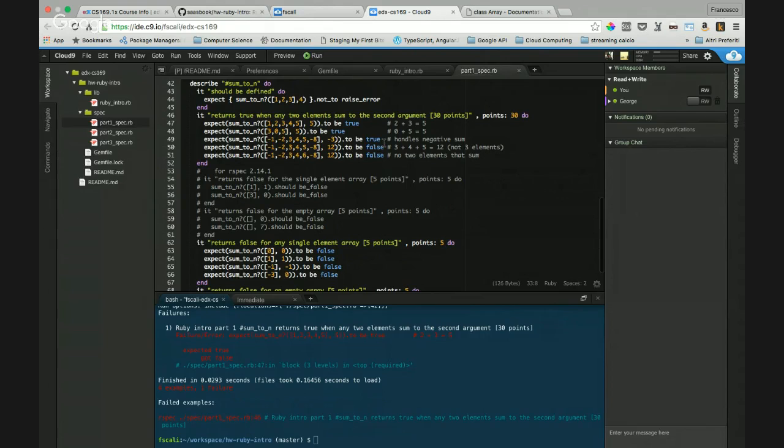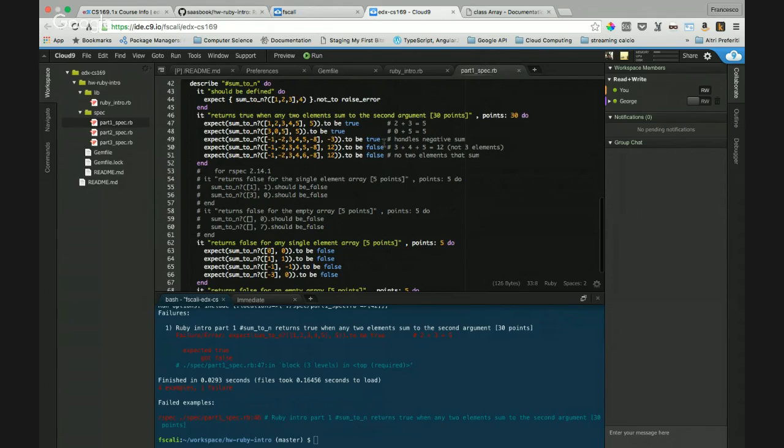cycles. But in Ruby, I think there is a better way. Like there is a function each_slice, which gives you each group of two elements that are consecutive.